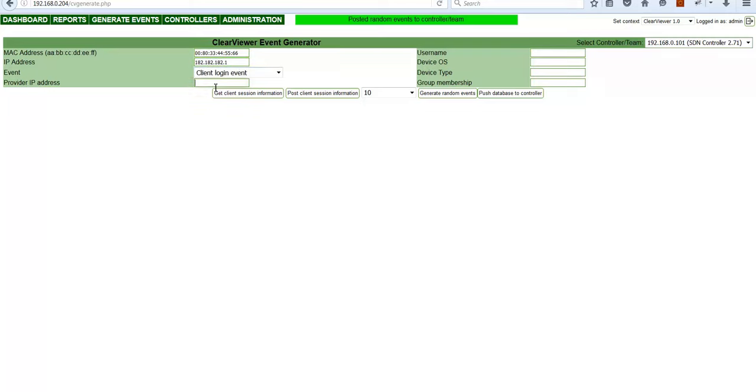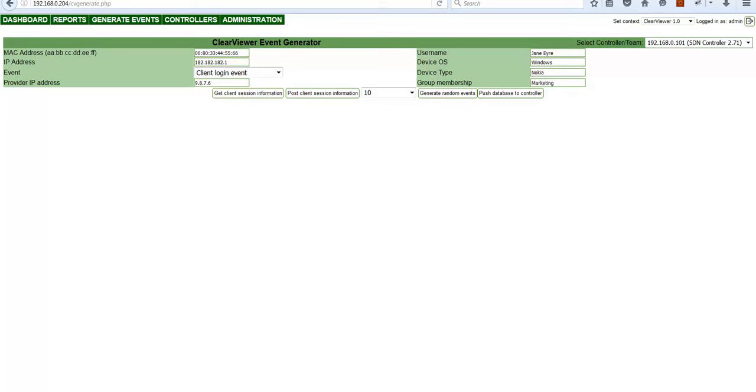Select an event, provider IP address, username, operating system, and a group, and push that event. If we later check the reports, you can see that there is an entry for this